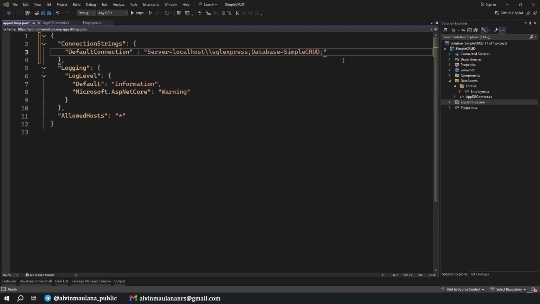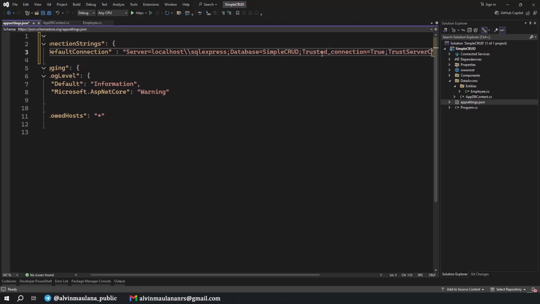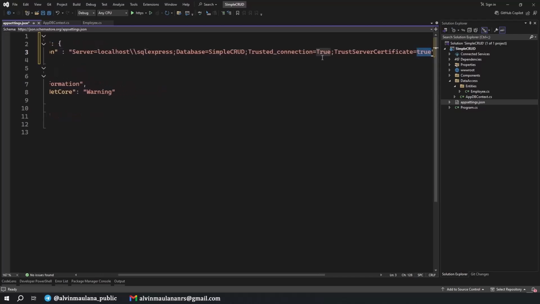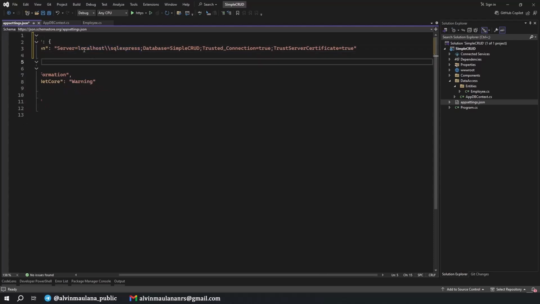And then we need to have this one, TrustedConnection is true and TrustServerCertificate is true. Maybe we standardize to lowercase true, and this one capital.